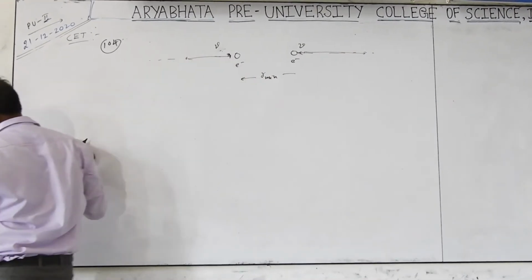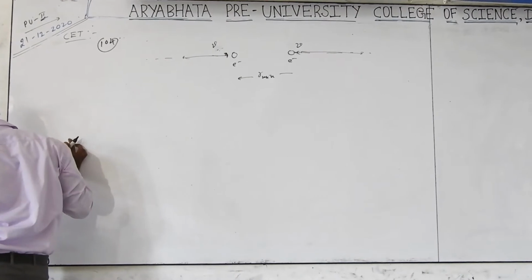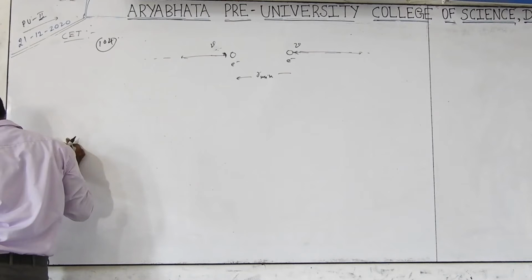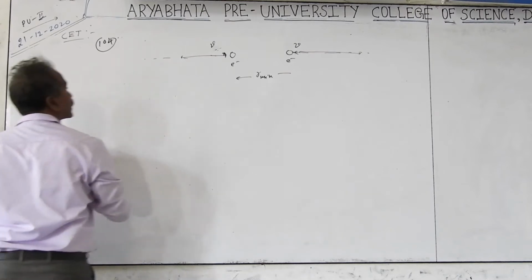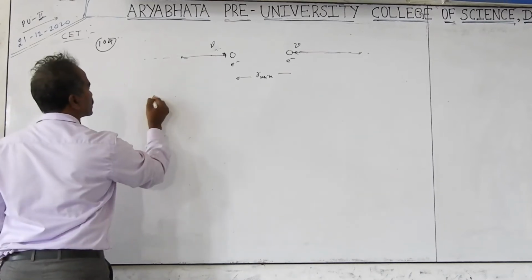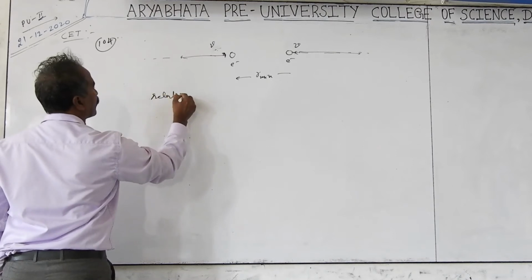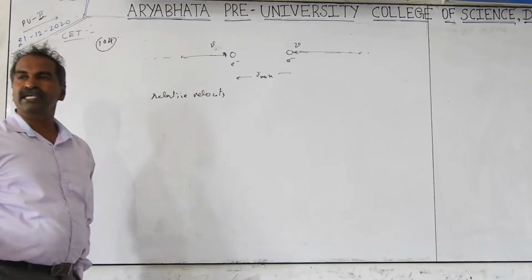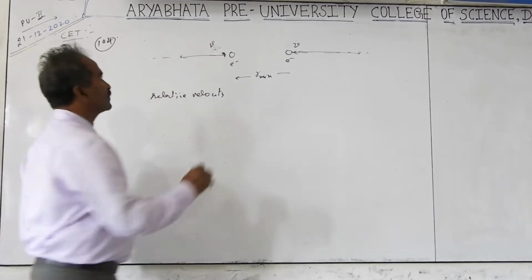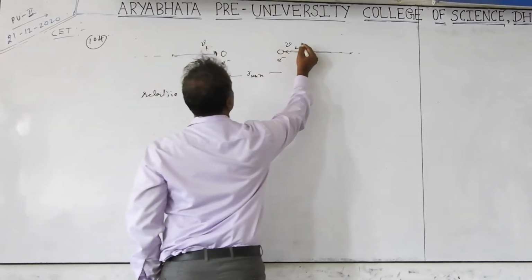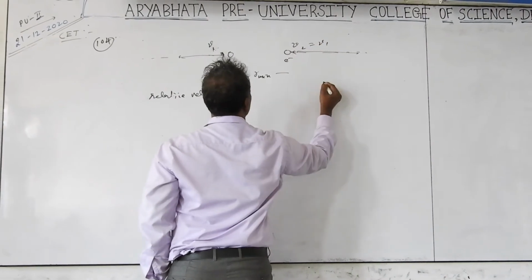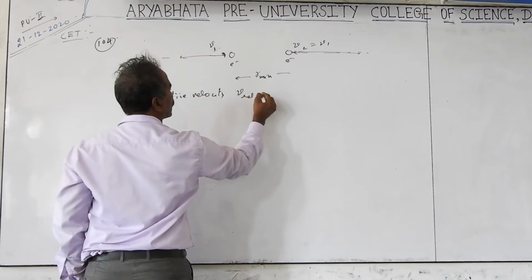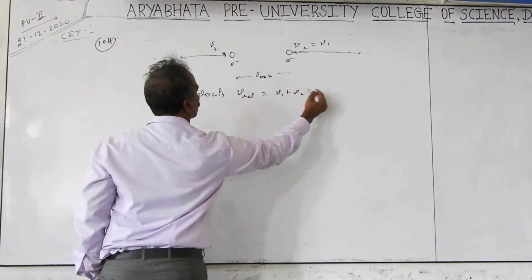What they asked is, what is the minimum distance of separation? Two electrons approaching each other with a relative velocity of 10 to the power of 6 meter per second. The closest distance of approach is how much? Relative velocity is given. For opposite directions, relative velocity is addition you have to take. So this velocity is v1. This velocity v2 is also equal to v1, and we take v1 equal to v. Relative velocity is v relative equal to v1 plus v2 equal to 2v.